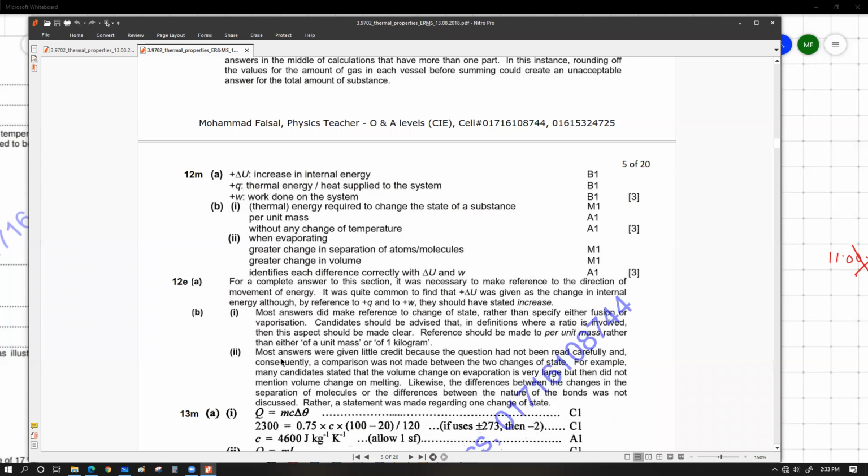Then it says that for most answers given, marks were lost because the question had not been read carefully and consequently a comparison was not made between the two changes of state. For example, many candidates stated that the volume change on evaporation is very large, but then did not mention volume change on melting. Likewise, the difference between the changes in the separation of the molecules, the difference between the nature of the bonds was not discussed. Other statements